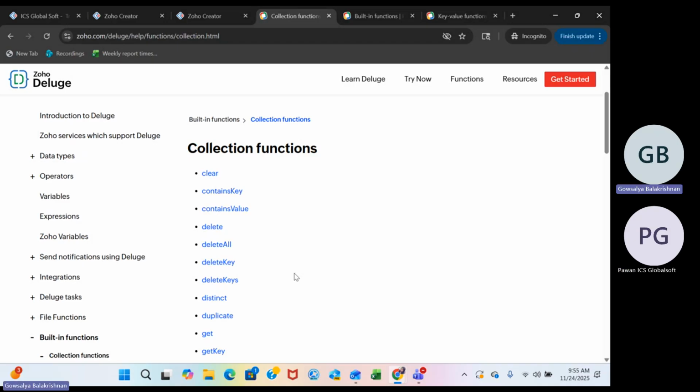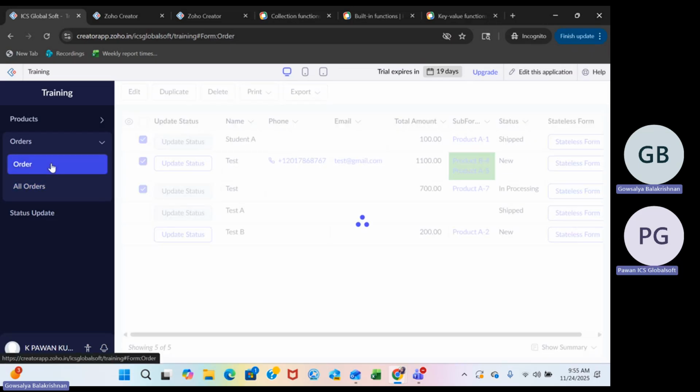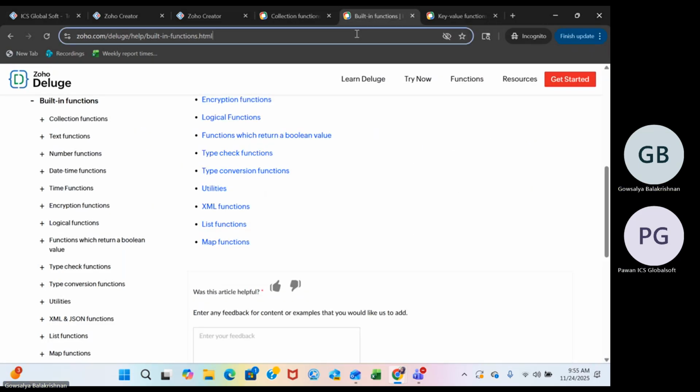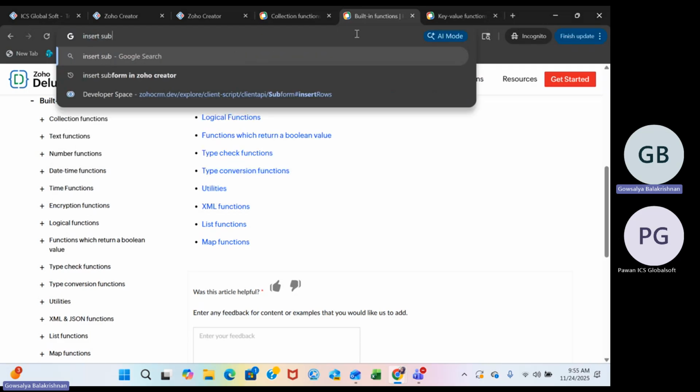So that is called collection. You have to learn about these collection functions too. You asked me how to add the subform row automatically, how to add all the student data automatically into the subform, right? So what you have to do is, go into here, insert subform